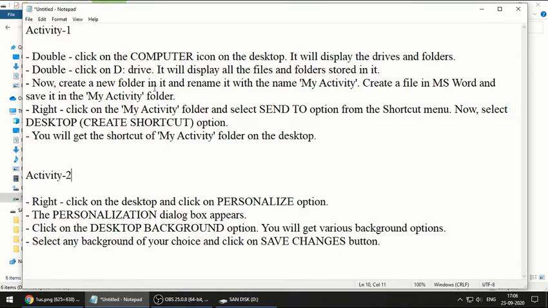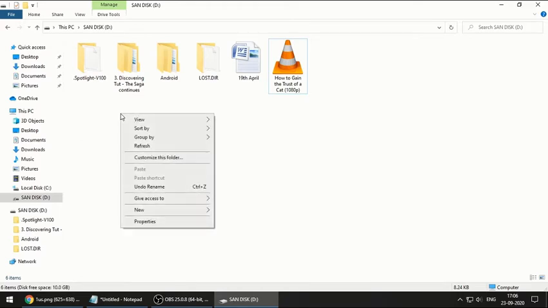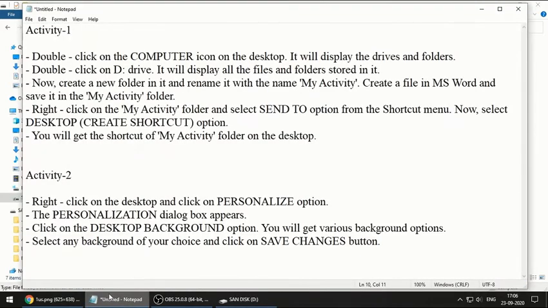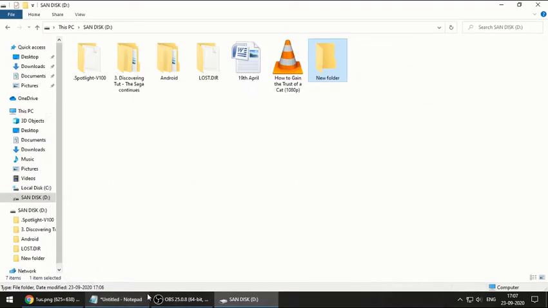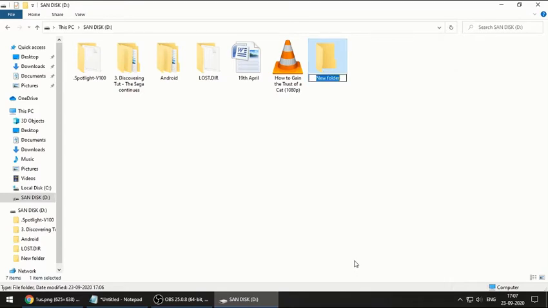Now create a new folder in it. Now how to create a new folder? You can see all these empty spaces over here. Just right click anywhere and you will get this dialog box over here. Go to New and Folder, and what we have to do is rename it with the name My Activity. How do you rename? Again right click on this and rename